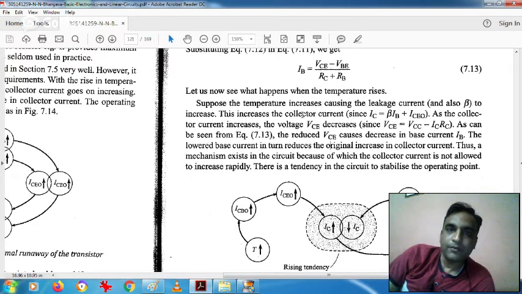So what will happen? The temperature increases, that increases your collector current IC. As the collector current IC increases, the voltage VCE will decrease. Now how will it decrease? VCE reduces because, as we know, IC and IB are related. What will happen if IB has to increase, then VBE is constant. So we are saying that if VCE decreases, then